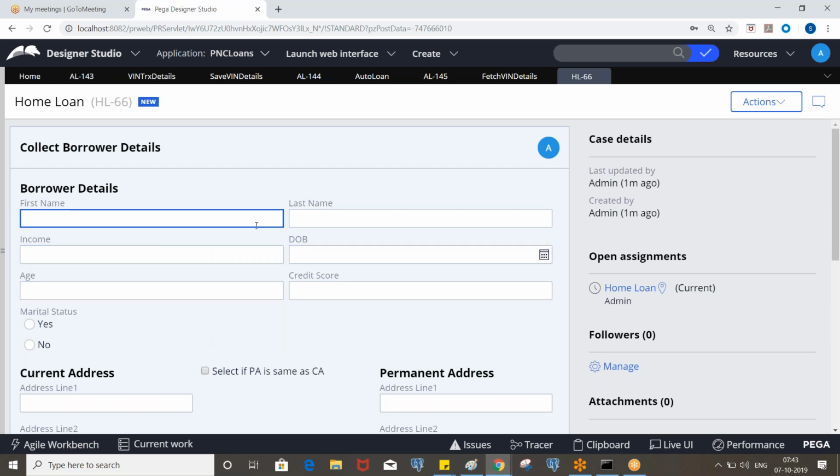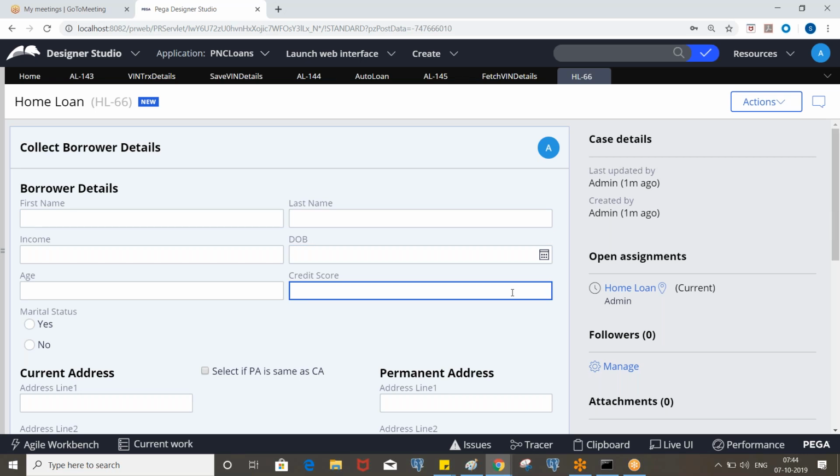Okay, and let's say you are providing the loan for people in the age group from 20 to, let's say, 60. If you are entering an age which is less than 20 or greater than 60, you need to display a message saying that age must be between 20 and 60. Okay, and the credit score, the maximum credit score should be 850.